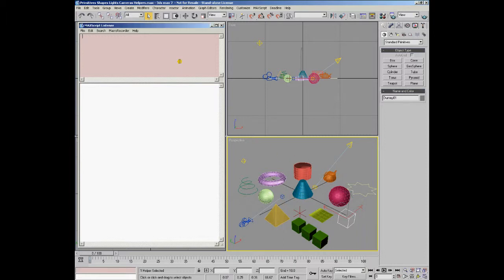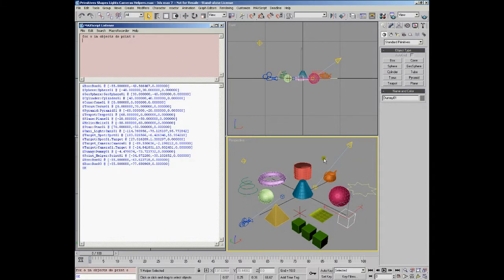We can use for loops to iterate through the object sets just like we do with arrays. For example, for all in objects to print all, we'll print all the scene nodes to the MaxScript listener, including